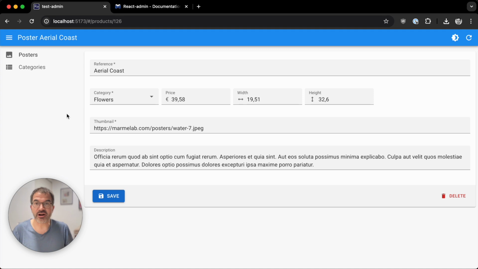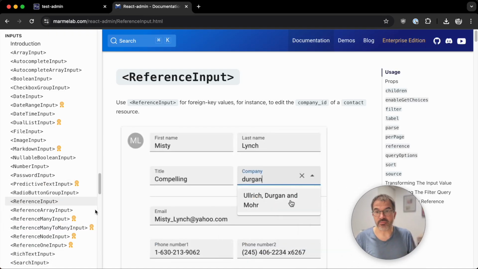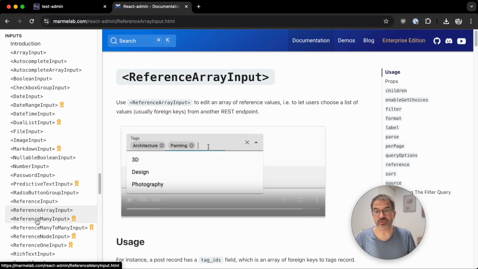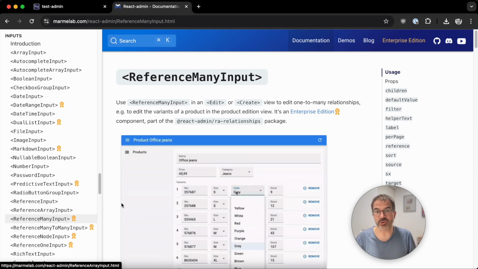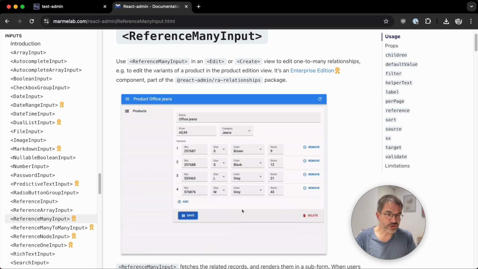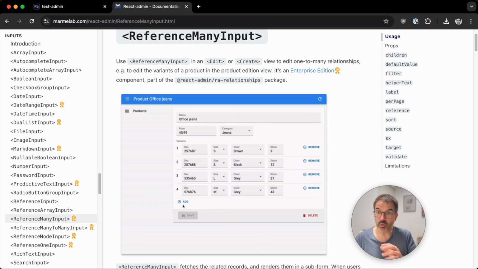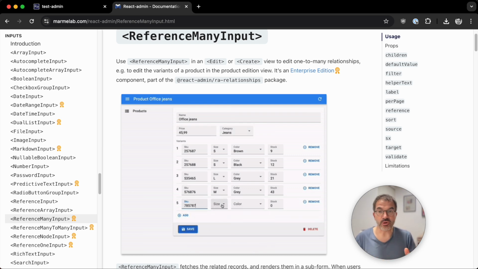And there are similar components for array inputs, reference many input, many-to-many input, etc. So React Admin has many inputs specialized in editing relationships, whether one-to-many, many-to-one, or many-to-many.